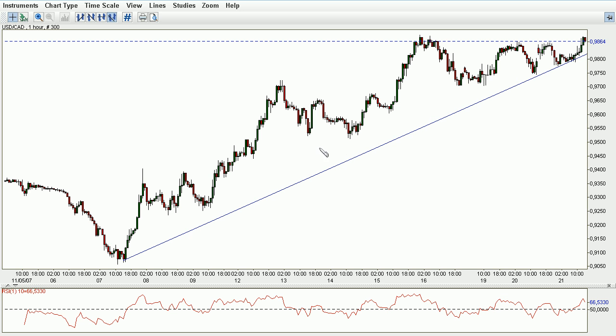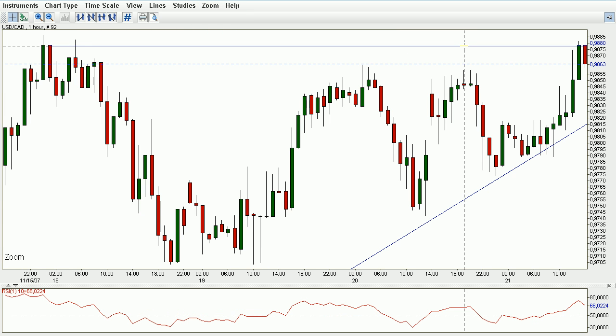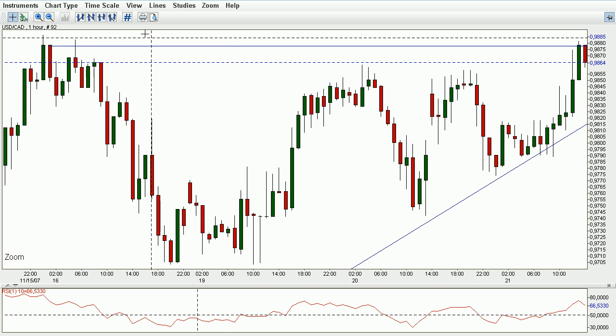As a general rule, it's not a good idea to trade against the trend. So pretty much what I suggest to do is wait until you see a break above this resistance level here set by those previous peaks, which is around 0.9877, and then if we see a close above this level, it would be a clear indication that the trend